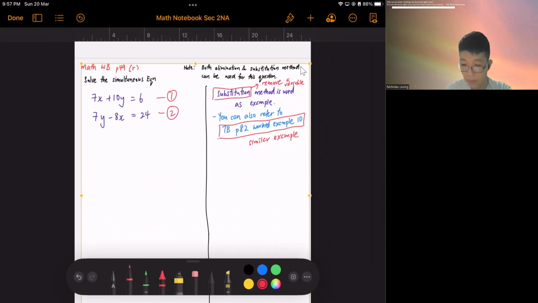So first step, for the substitution method, you can choose either equation and make x or y the subject of the equation. That means you want to get x equals something or y equals something. So let me show you. Using equation 1,